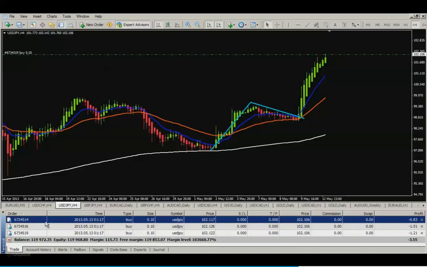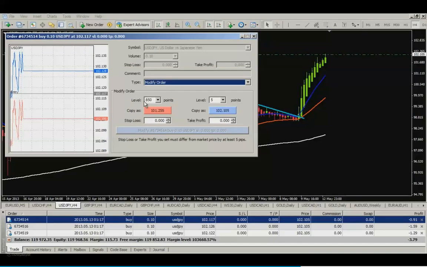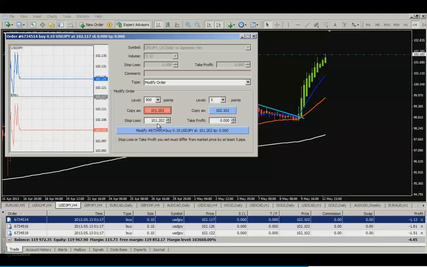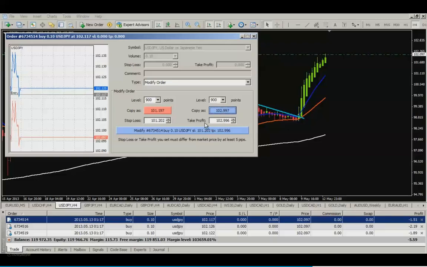So first, that's your first lot you open, click on stop loss, where it says 850, that means 85 pips, we change it to 90, so 90 and another 0. Usually that's how it works on most brokers, MT4 brokers. Copy as, you click on copy as, click on the red button, then you see the price here with your 90 pip stop. Target would be for the first position, what did we say, 1 to 1 correctly, so 90 pips. Copy as, it will show down here, and then you click on modify,